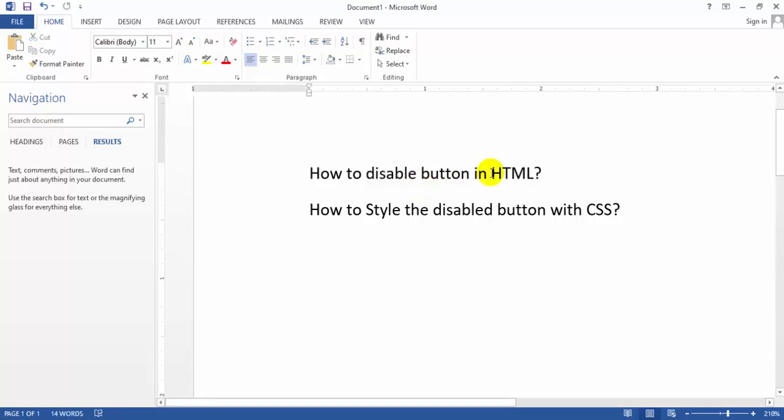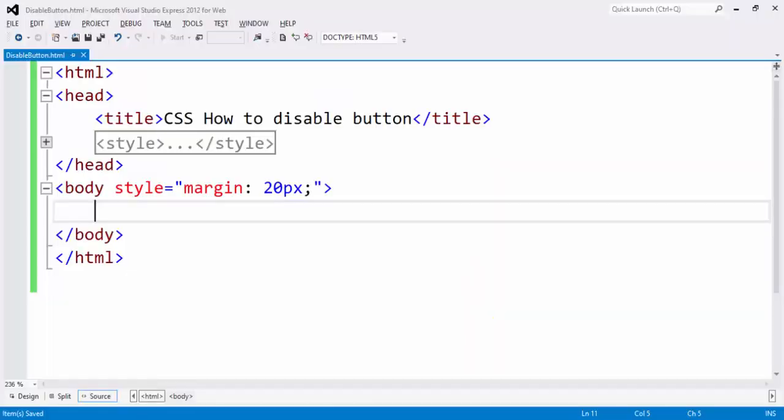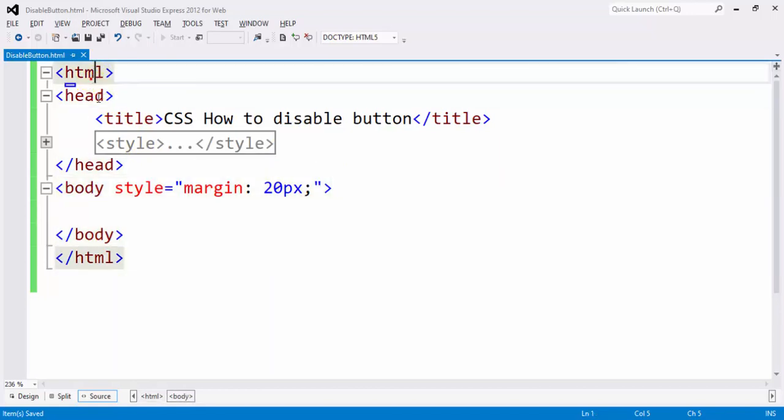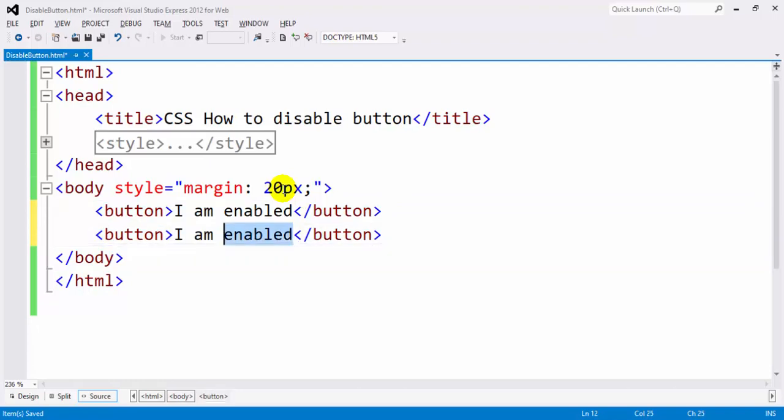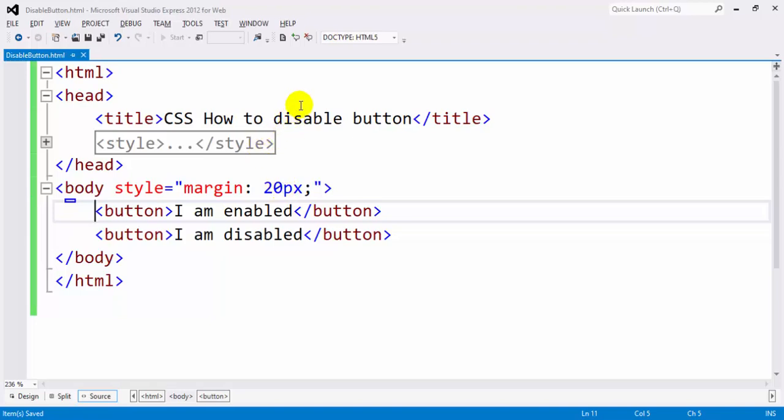So let's move quickly to the HTML document firstly. This is our blank HTML document. I have added some basic tags here: HTML, head, body. I will simply add two buttons with the help of button tags. This is my first button. Here I will write some text. Then I will create another button. So I have created two buttons here. I will save this file and I will run